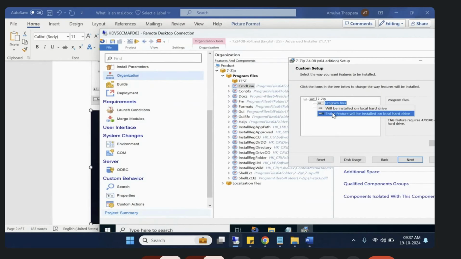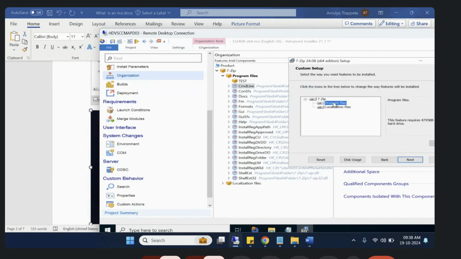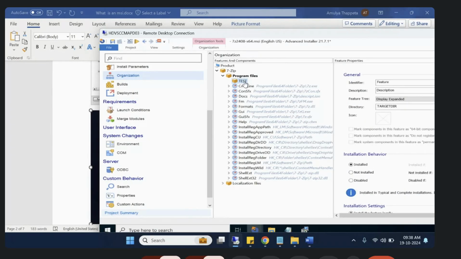You can only select the whole feature; you can't select a particular component in the feature to be installed. You don't have an option to select a particular component. You have an option to select only the feature, so if you are selecting a particular component, the whole feature